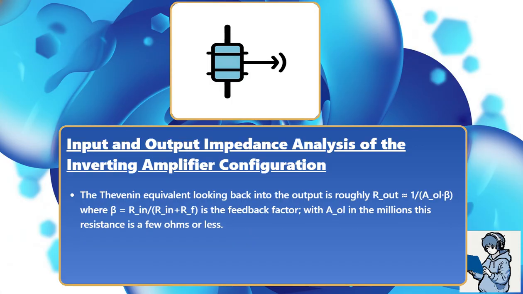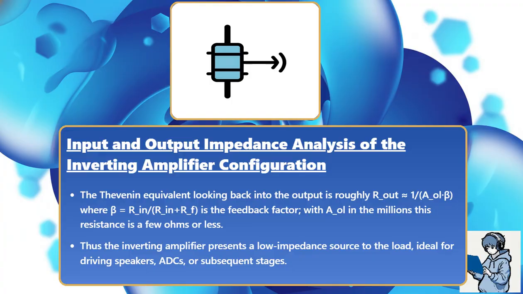The Thevenin equivalent looking back into the output is roughly R sub out equals 1 over open loop gain A sub OL times beta, where beta equals R sub in divided by the sum of R sub in and R sub F, is the feedback factor. With A sub OL in the millions, this resistance is a few ohms or less. Thus, the inverting amplifier presents a low impedance source to the load, ideal for driving speakers, ADCs, or subsequent